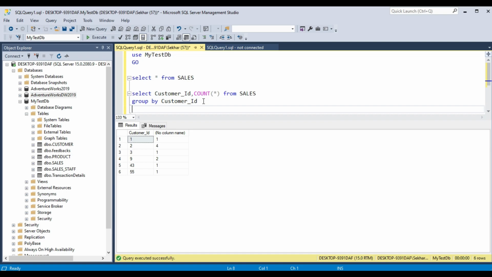So this is a sample example in which we are getting the number of orders made by each customer.